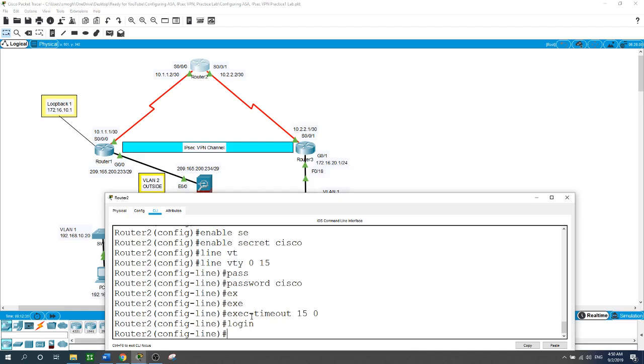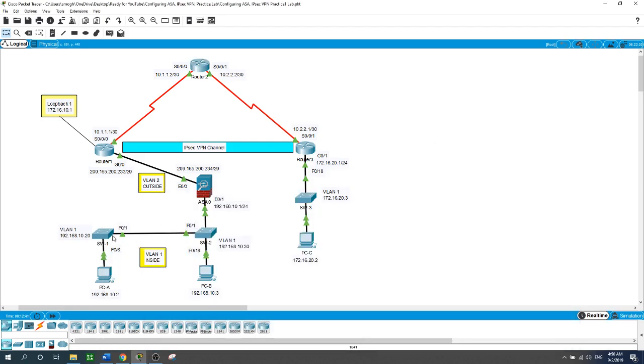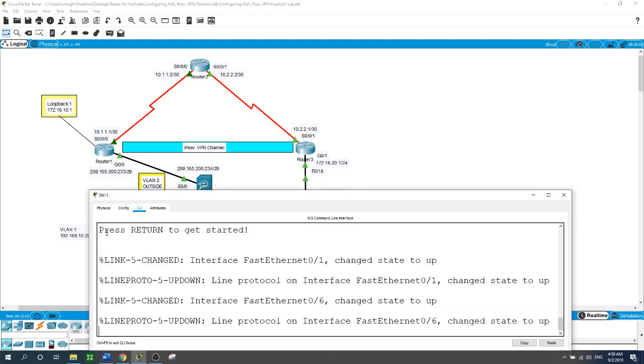Next, I will configure the switches. I will configure trunking between switch 1 and switch 2. I will set the mode to trunk, assign VLAN 99 as the native VLAN, and disable the generation of DTP frames. So on switch 1,